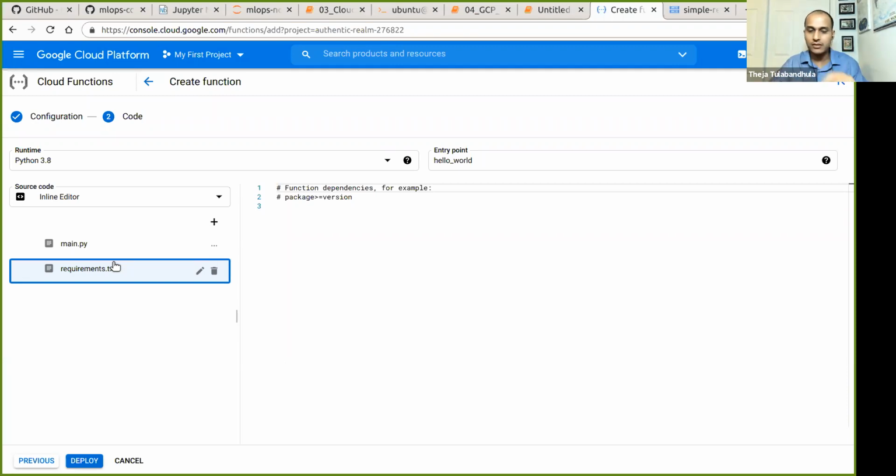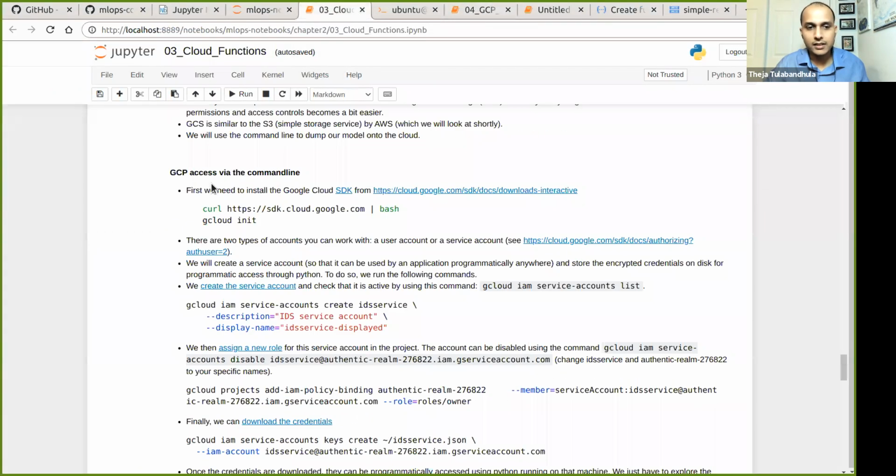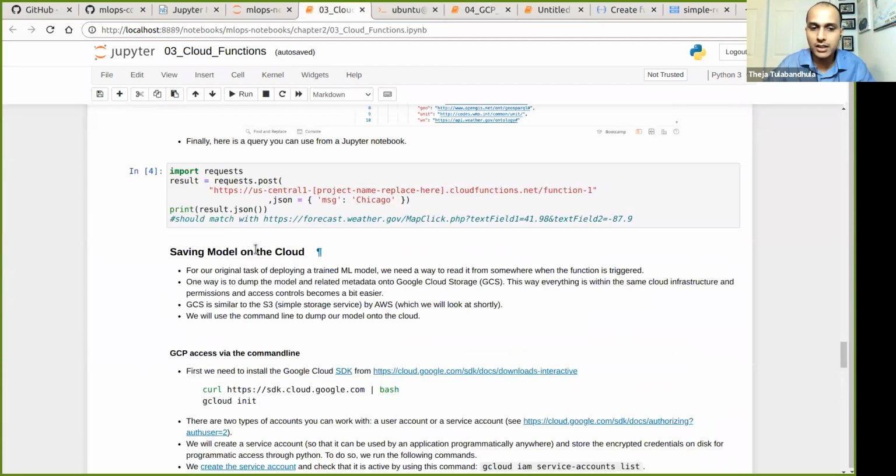So first we need to read that model from that location. Okay, so if you look at this section, saving model to cloud, what I just showed you is a GUI based way, and it was pretty easy, but this manual uploading of a model, sometimes you may not want to do it.